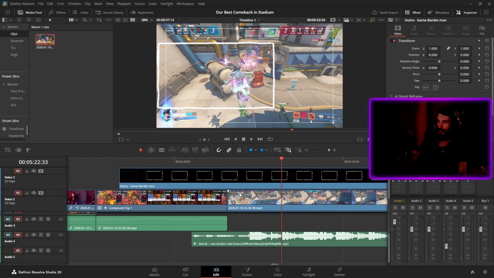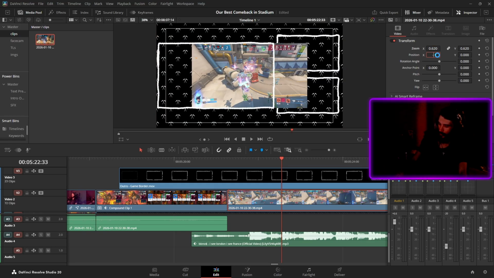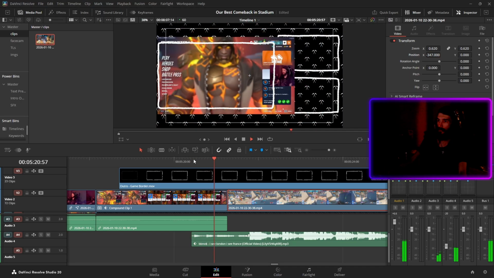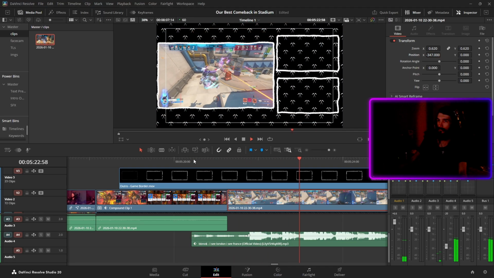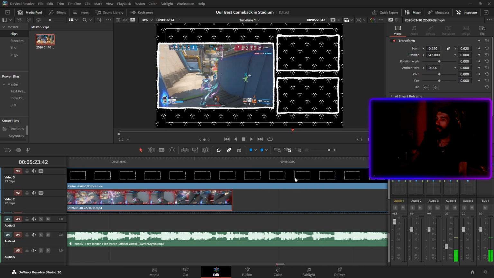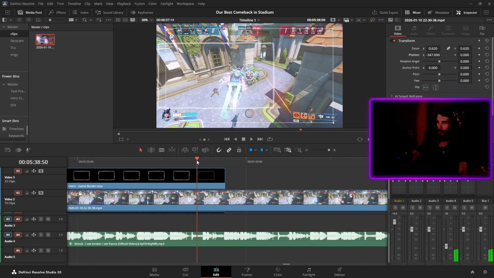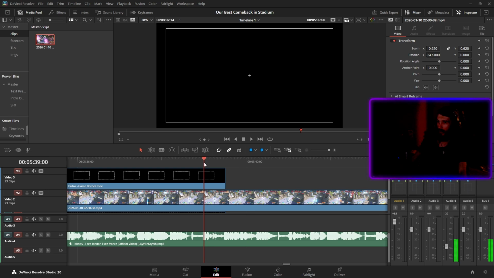The way I make it fit this, I just click it, 0.62 and -347, and boom. So now it should look right. I see London, I see France. Cool. Now I just need another clip or two, and now I'm just gonna find where it becomes black, because